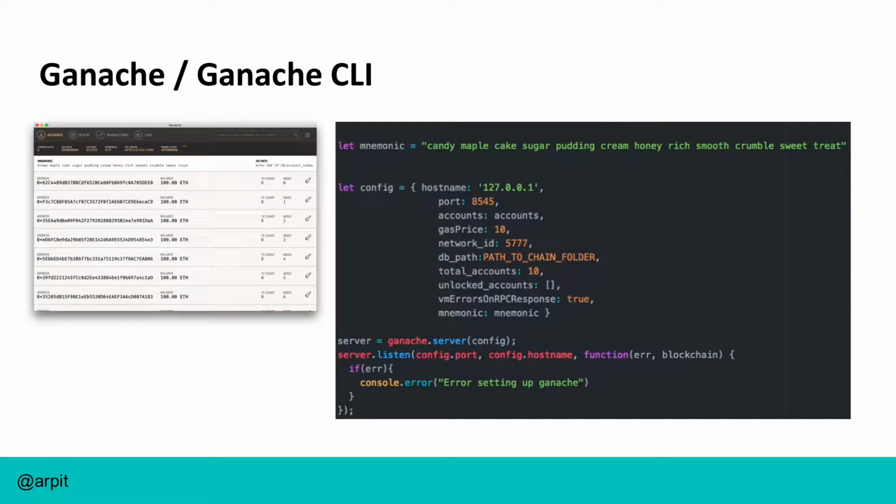But this is a little bit of a chunk of code on how it works. You configure it with the port, the accounts you want to preset, gas price, et cetera, and then you say run. This is actually just JavaScript, and you say, okay, I'm listening on a particular port, and now you have a local test net running. In the development process, you build and test on your local machine, then you deploy it somewhere, usually one of the main test networks or something like that. But you can go far with just building your applications using Ganache.